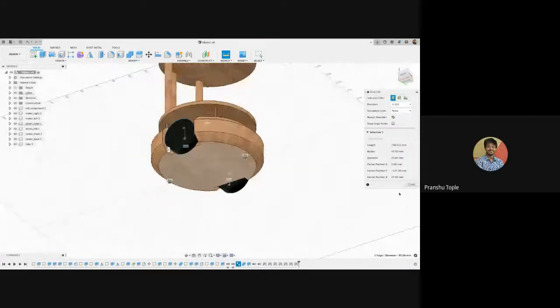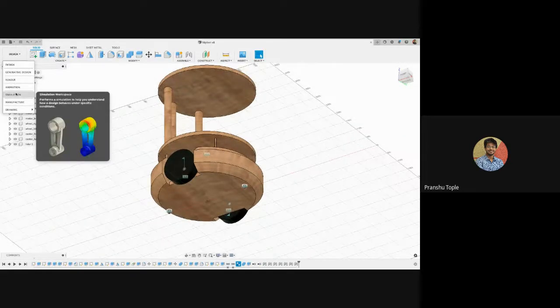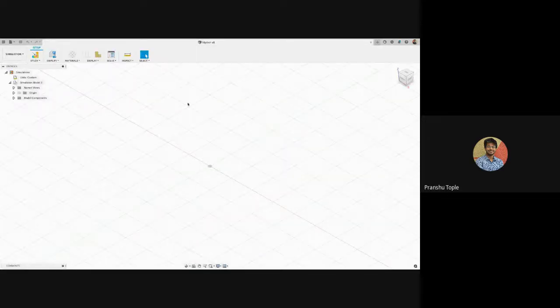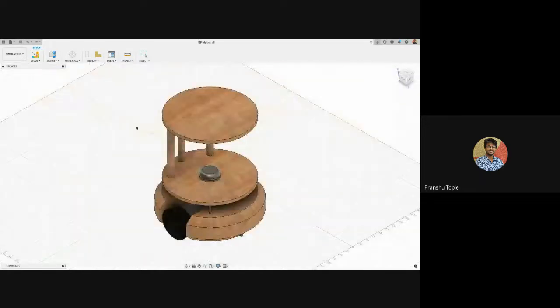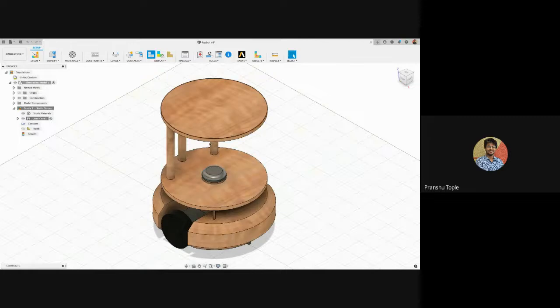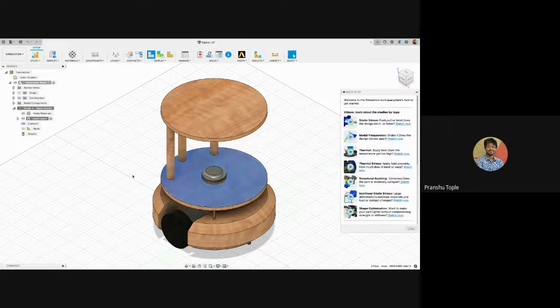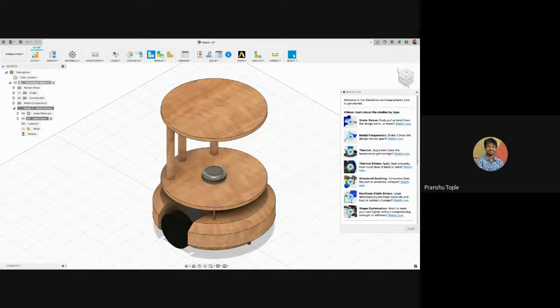I'm not sure exactly, but if I go into simulation, it asks which type of simulation you want to do. Let's check static stress simulation. I will create a study. Here I will constrain this face and add loads.